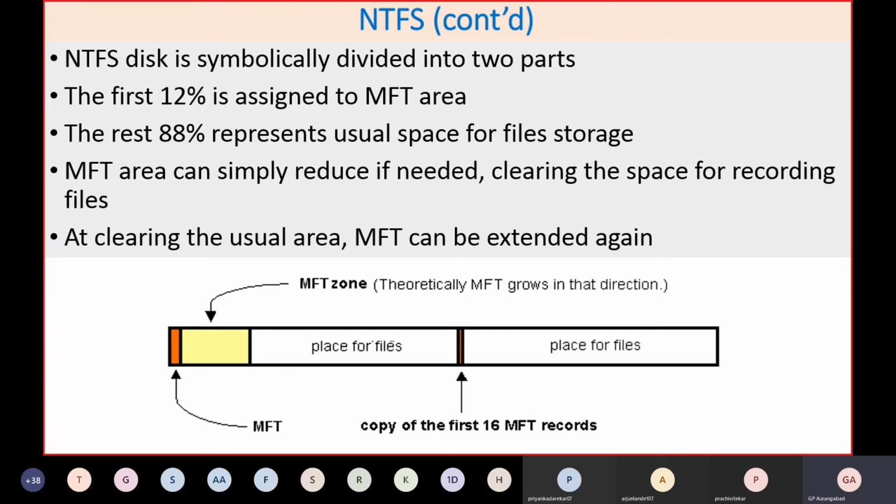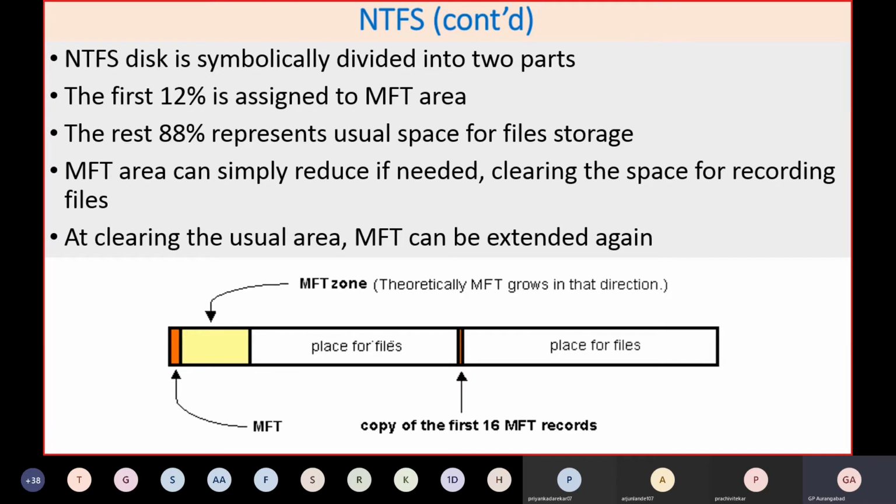File system is different for different operating systems. For the Windows operating system, you mostly use NTFS or exFAT, but you can use other file systems like extended 1, 2, 3, 4 for Unix, and similarly HFS Plus, or we will say Apple File System, APFS, is used for Macintosh types of operating system. Hope you have understood this.